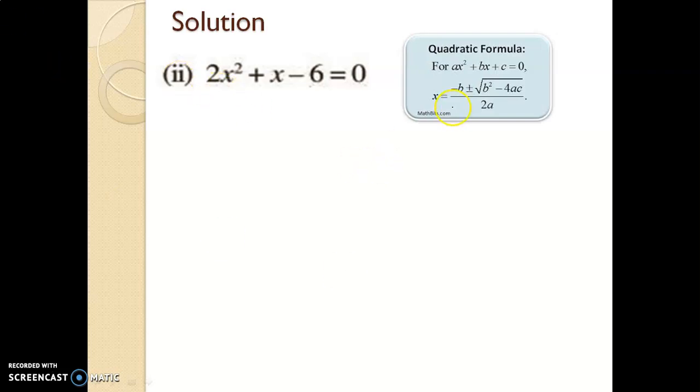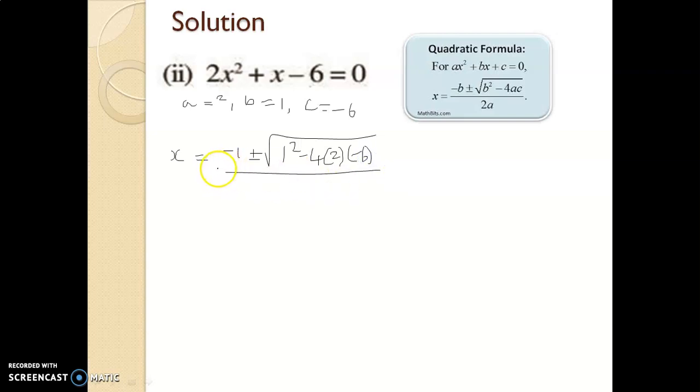So 2x squared plus x minus 6 equal to 0. The same thing, okay, first find what is a, what is b and what is c. So a is nothing but 2, and what is b? b is nothing but 1 and c is minus 6, okay. So we are going to substitute in the formula, right? So x equal to minus b, so minus 1, plus or minus root of b square, which means 1 square, minus 4ac, so minus 4 into a value 2 and c value minus 6, and the whole divided by 2a, so 2 into 2. The division applies to minus 1 also, okay.